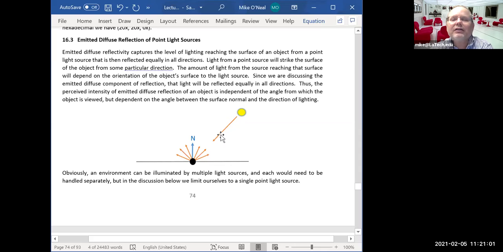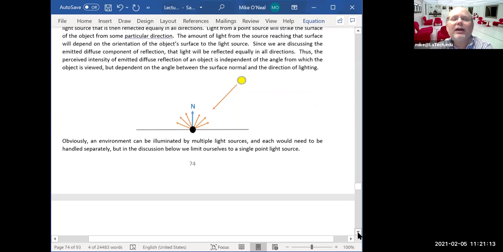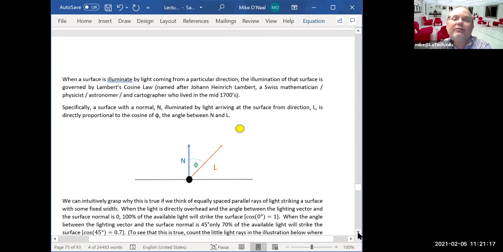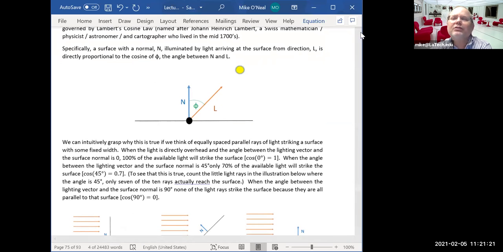So the light is coming in here from some direction, hits this point, and it's a diffuse reflection because it's going out in all directions. The upshot is we're going to have to keep up with the surface normal and the lighting vector, but we don't care where the reflection is or the viewer, because it goes in all directions. And that brings us to